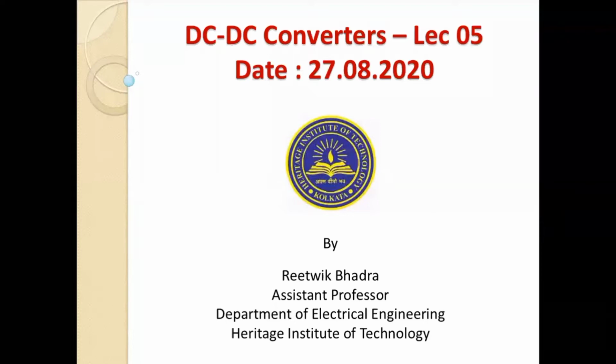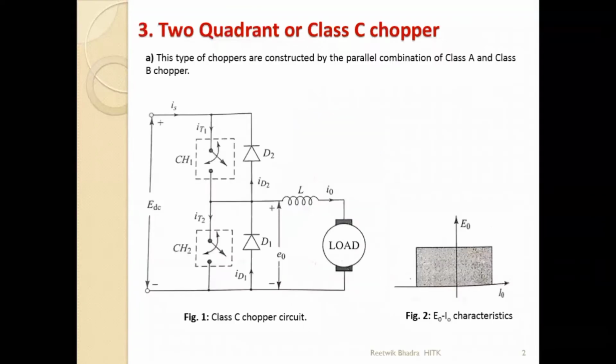So now what we'll do is study two quadrant choppers. Today we'll study two quadrant choppers, class C and class D. Class A and class B were only one quadrant choppers. Either it may operate in the first quadrant or it may operate in the second quadrant. Okay, and class C and class D choppers are two quadrant choppers. We'll look into that. So we'll start with class C choppers.